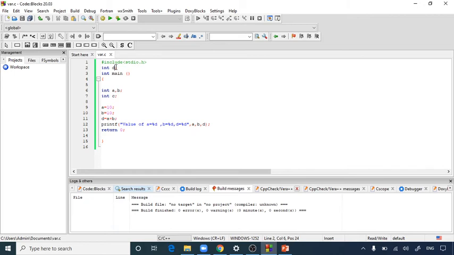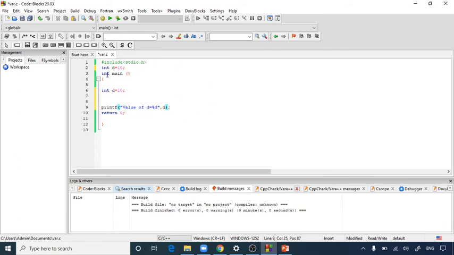If I declare d globally as 10, and then inside the main function I declare int d again as 10, so I am using int d both globally and locally, I can print the value of d equals %d with d.